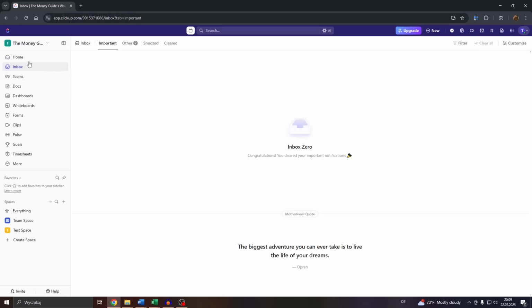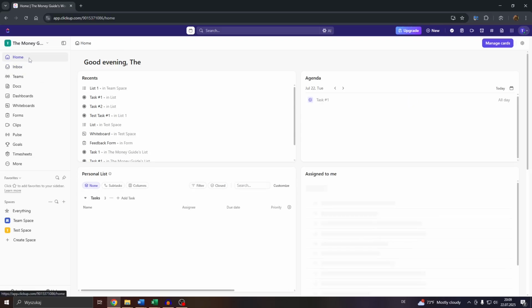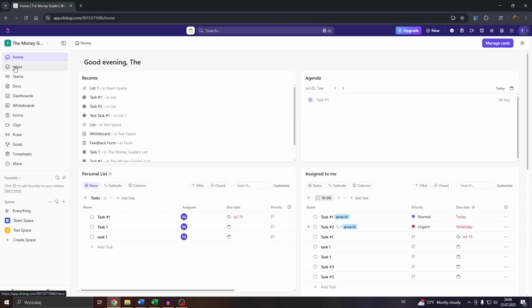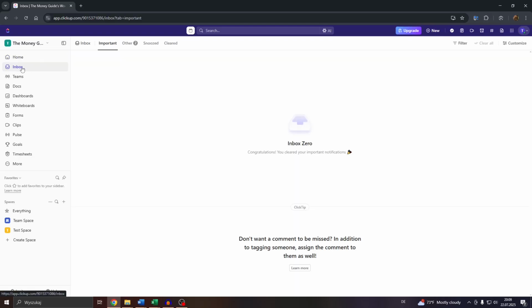What you want to do, guys, is head over to ClickUp, of course, log into your account, and here in the top left, select your workspace. So I would like to clear the inbox of that workspace. So what you want to do is click on Inbox here on the left panel,